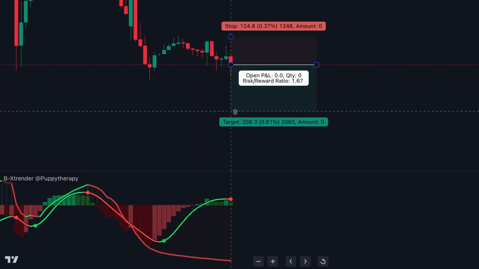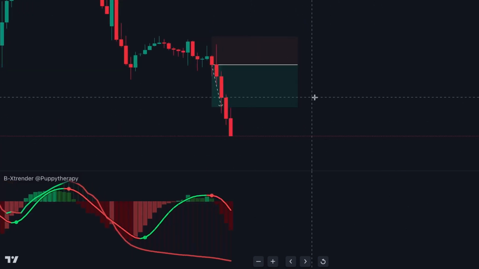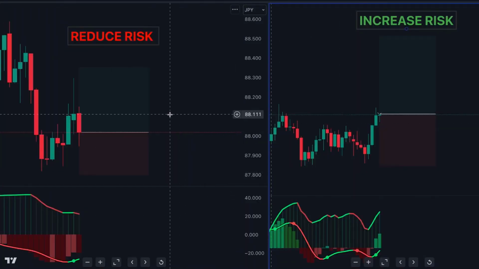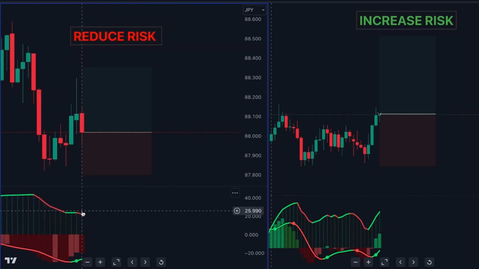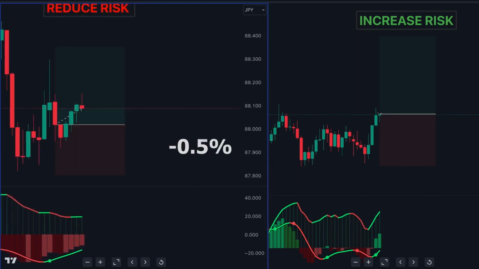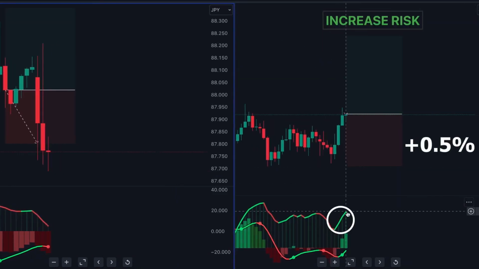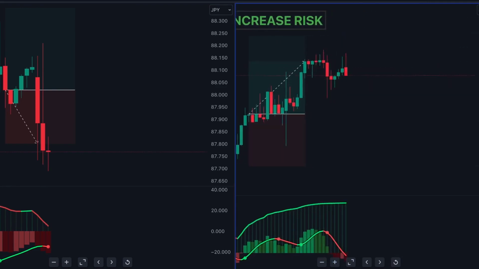In terms of risk management, I would recommend using a dynamic risk based on how probable a trade is. If, once you are going to take an entry, you notice that the market is currently in a retracement, I would recommend reducing your risk by 0.5% on those trades and increasing your risk by 0.5% on trades that are in a strong trend. This simple change can help your edge, allowing you to over time have a more bullish